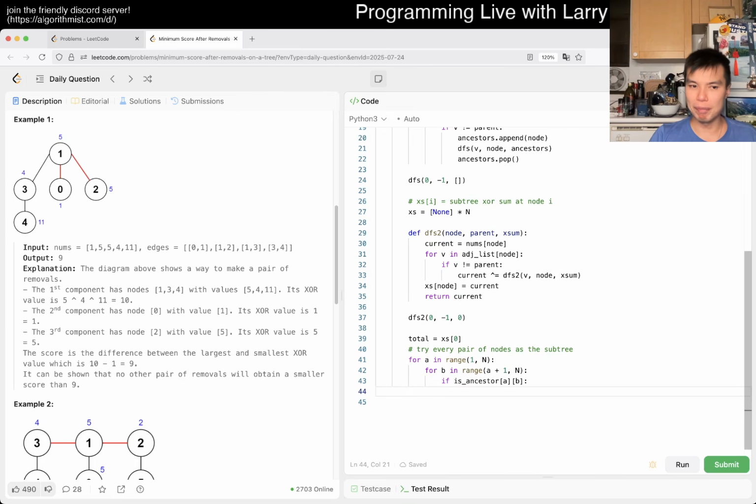If A is ancestor of B, then, honestly, usually I would write in my notebook and refer to it for what happens, because I have different cases. I already drew it out, and I'd be like, oh, A is ancestor of B, that means, you know, right? But this time is a little bit trickier, because I deleted the art even on my paint thing. So, okay, A is ancestor of B. That means that,